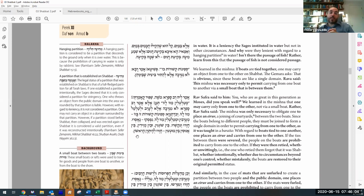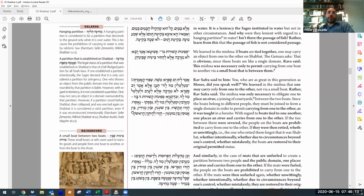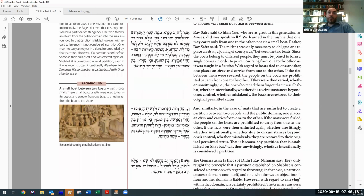If they were retied by you, by someone else, however it happened, then it goes back to its heter status. You can carry back and forth. V'chen machalasot apirusot. Similarly, this baraita is continuing. If you have the mats that are partitions in the Shut Rabim, me'alvim metaltelim ezo lezo, niglelu nesru, chazur nifreshu, ben shogegin, ben mezidin, ben anusin, ben mut'in, chazur leheteran